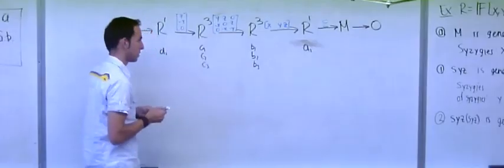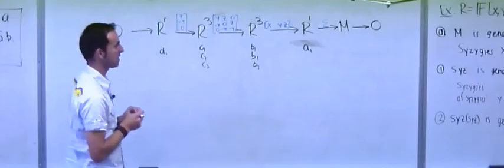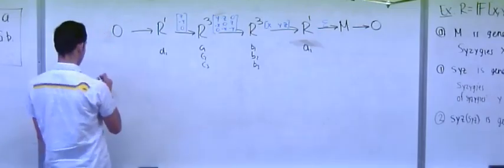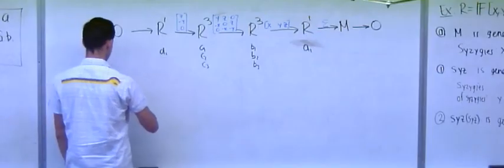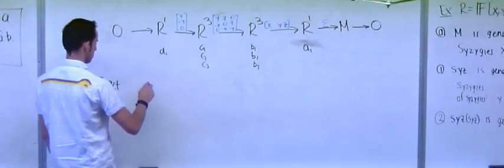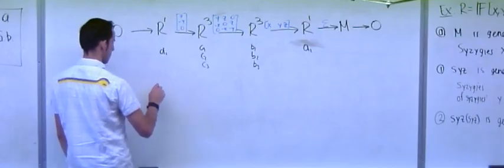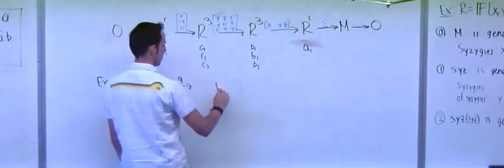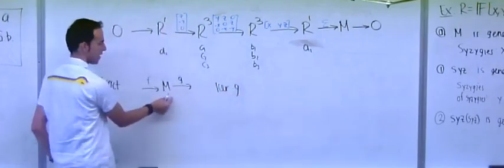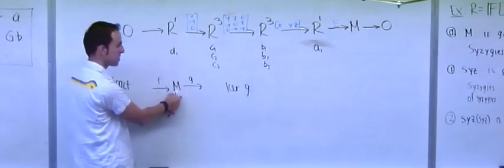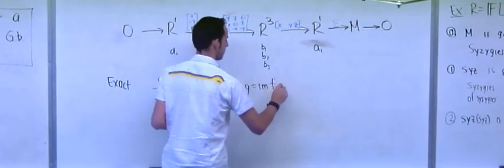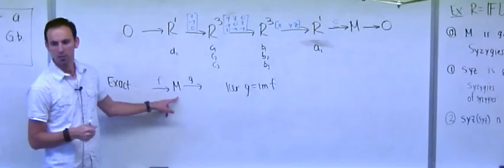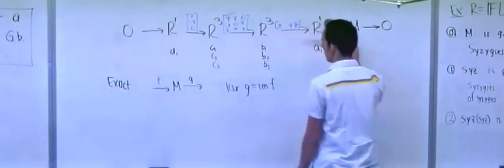Okay? So this is not something you're supposed to get right away, but we'll practice with this definition. So this is exact if at each step you have that the kernel of G lives in M, and the image of F lives in M. So this is exact if the kernel of G is equal to the image of F. And a free resolution of M is an exact sequence that ends with M and has